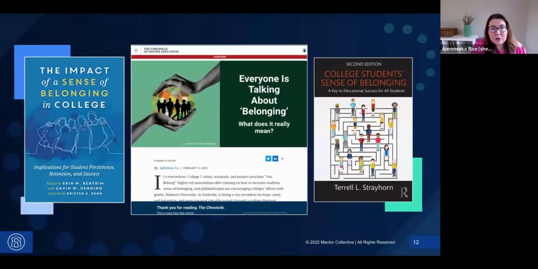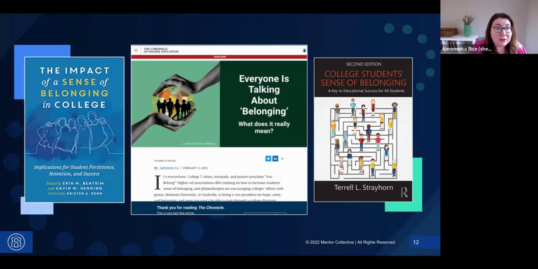I want to share before we jump into the live demo here that sense of belonging has a long-standing core concept of a number of functions and disciplines within higher education. It's got 40, 50, 60 years of research behind it, but it is also extremely relevant right now. Many brand new, refreshed academic literatures, books of research, media features on sense of belonging as we reflect on what the student experience is like returning to campus post-pandemic in our current modern society.